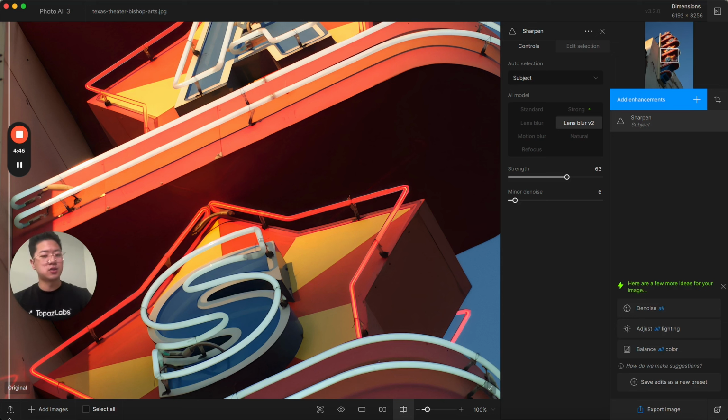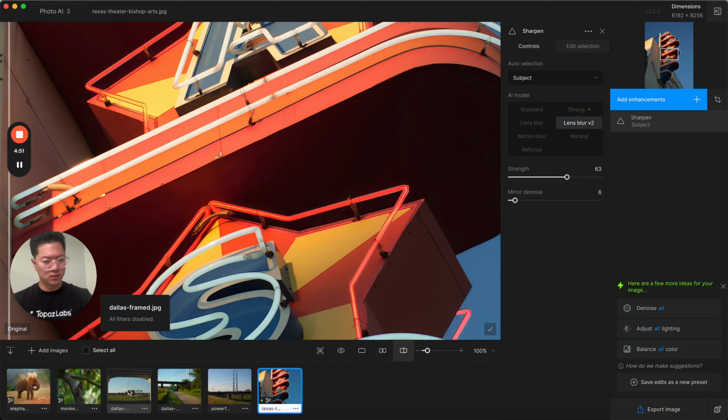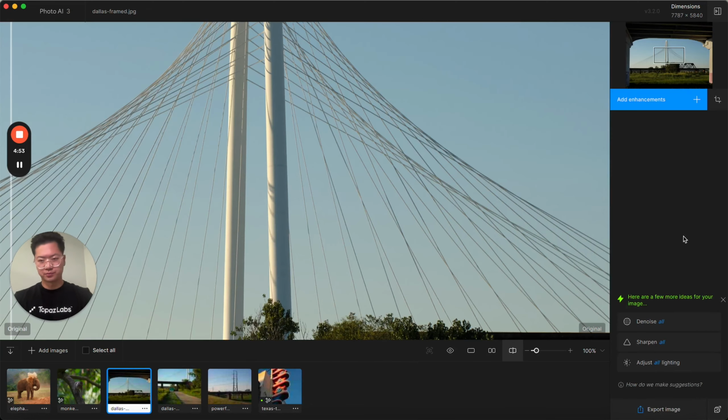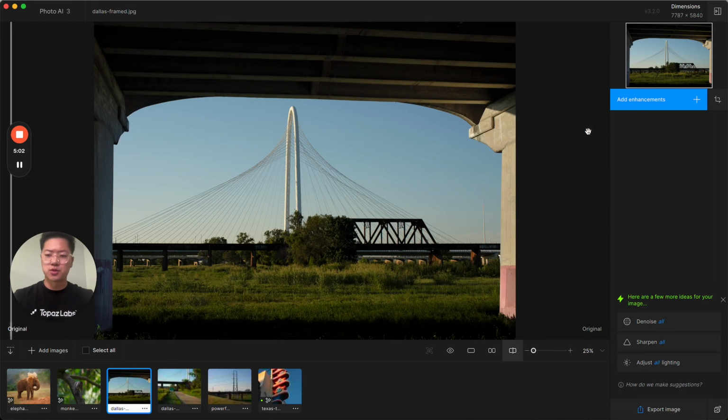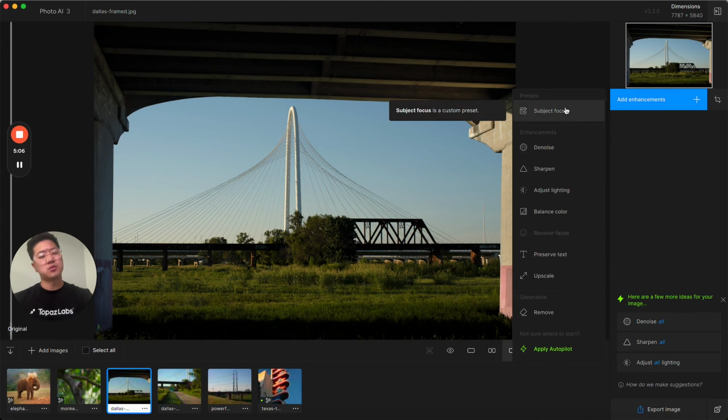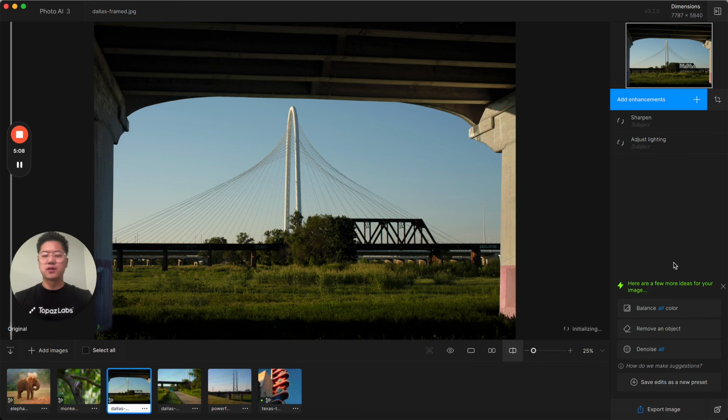Now the next thing I'd like to show off is the Autopilot suggestions feature. In the suggestions feature, we now are able to track presets and the presets that you apply to your images. For this image, let's say that I add a subject focus preset. And in this preset, I have the Sharpen Subject Enhancement and the Adjust Lighting Subject Enhancement. If I were to export this image,